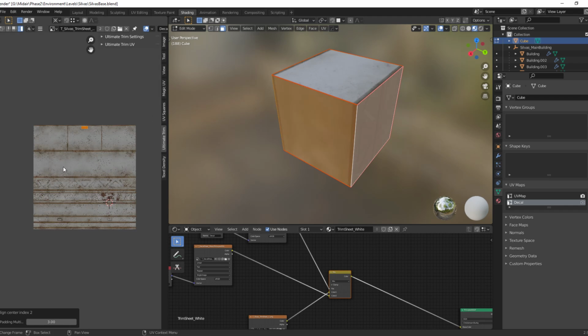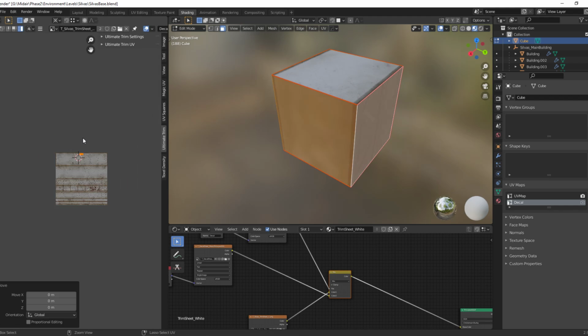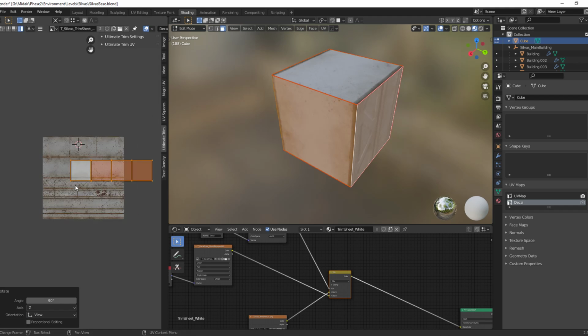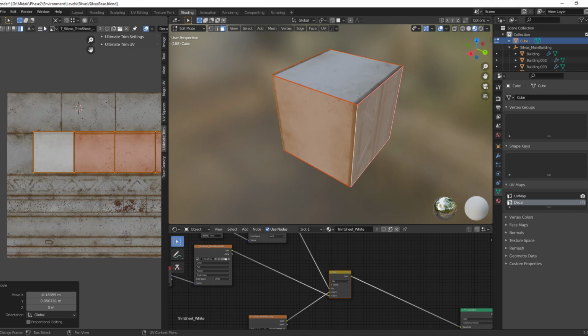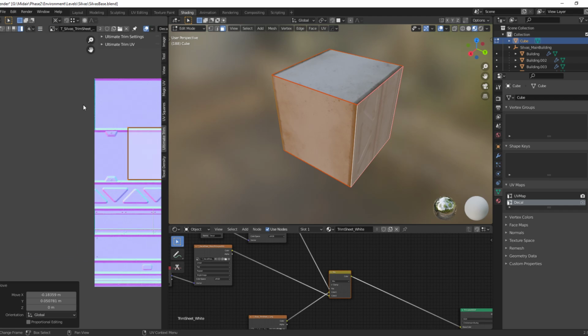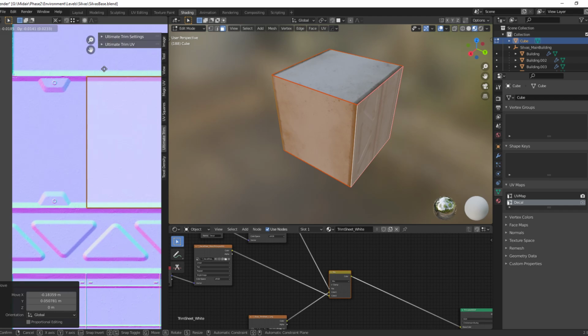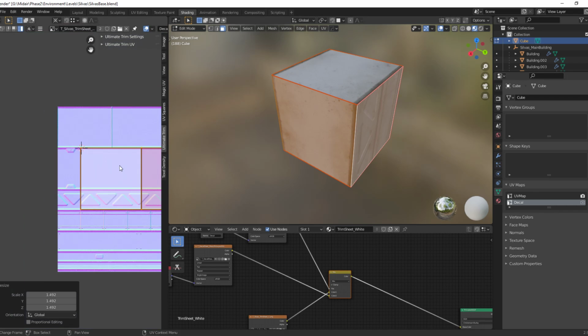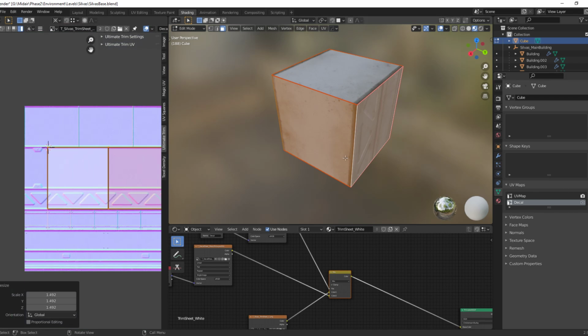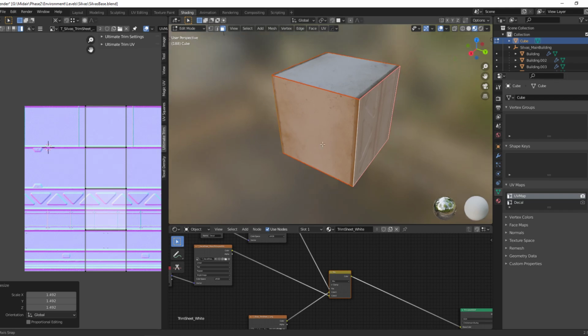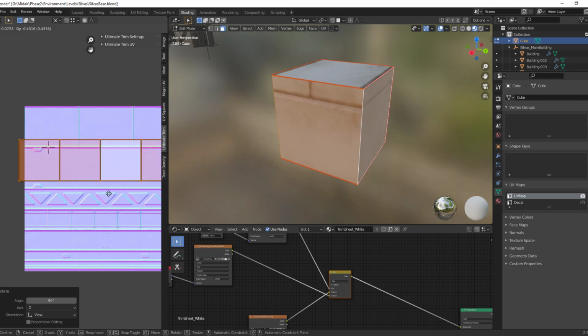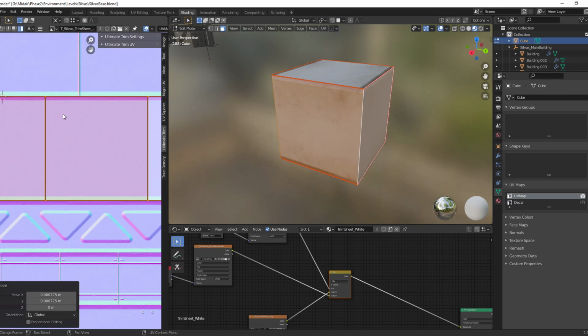Okay, let's not do that then. Actually going to go to the normal map, place that there, and I am on the wrong UV channel. Look at that. Oh well. Try that again. Go here,